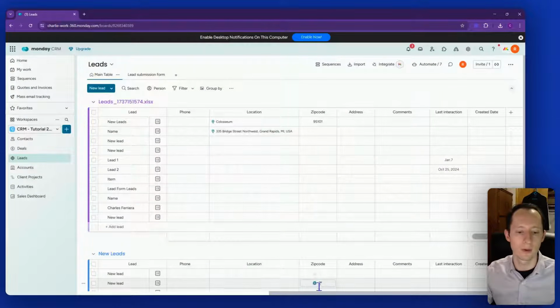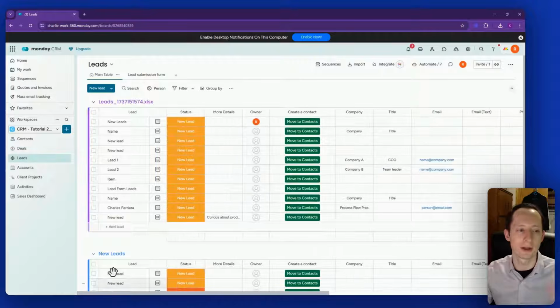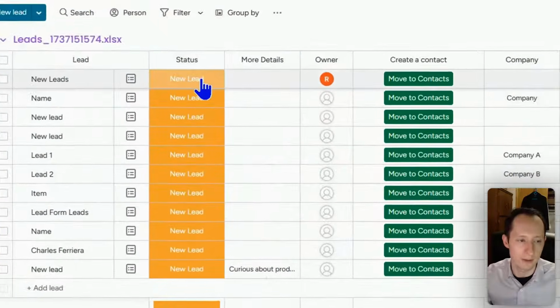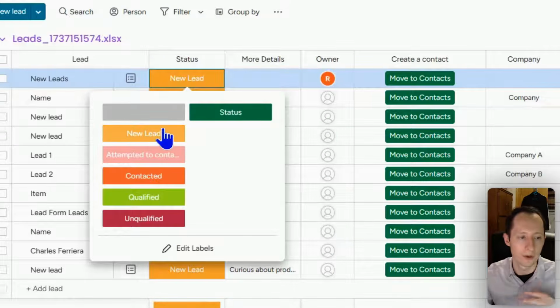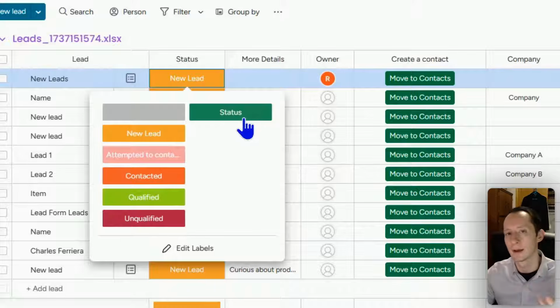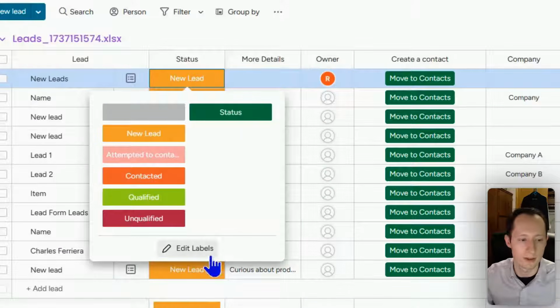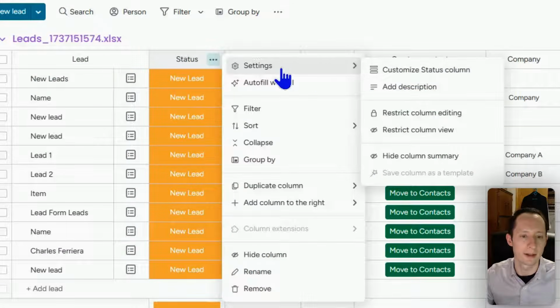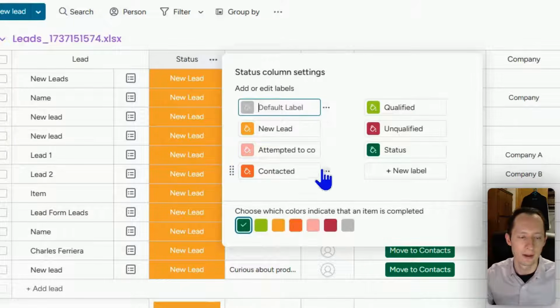And then we're going to go into now kind of what the lead journey is once you've qualified a lead. So you have this status column here, and you have new lead, attempted to contact, contacted, qualified, unqualified status. Obviously, you can change this to fit your business and your needs. But just to give you an idea of what you can do with it, if you click on edit labels here, or you could always go to the 3 dots, settings, customize status column, and then it gives you all